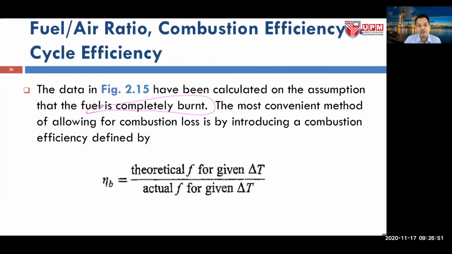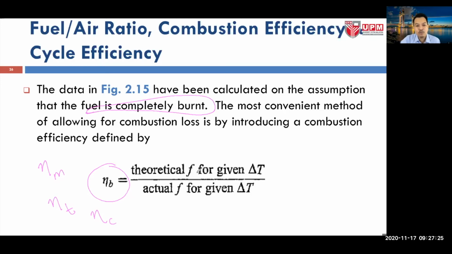The most convenient method of allowing for combustion loss is by introducing a combustion efficiency defined by zeta B. We have gone through zeta M just now, we have zeta T, we have zeta C, now we have zeta B,